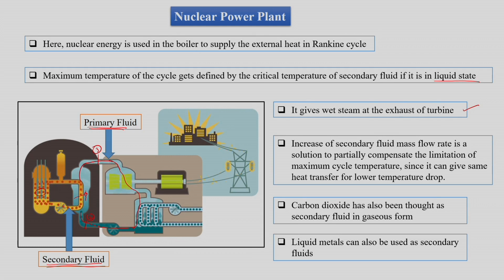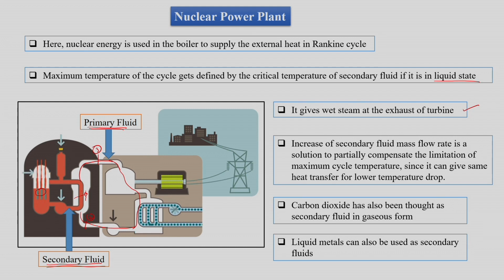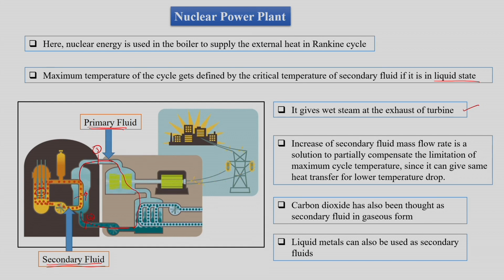So, this would help to run the nuclear power plant where we are trying to avoid the use of conventional fuels like coal or oil to generate the flue gases, which would pass over the water and generate the steam. So, instead of that, we are trying to run two circuits, primary and secondary circuit, where primary circuit is our steam cycle and that would receive the heat from secondary medium, which can either be gases like CO2 or water, liquid, or maybe liquid metals as well. So, this is the gist of nuclear power plant, how we can replace the conventional boiler.